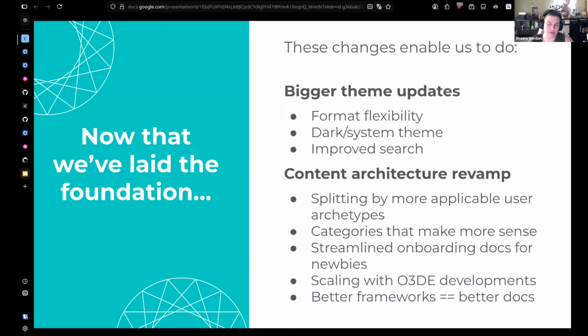He's also been working on onboarding stuff and streamlining the onboarding process, so that way our goal is to get somebody up and running with a functional level.